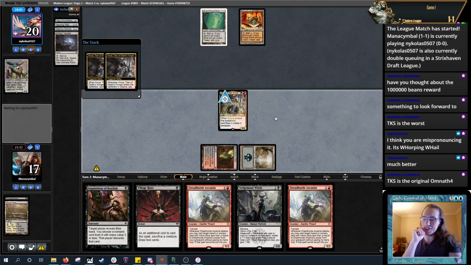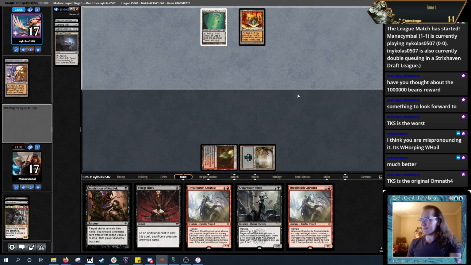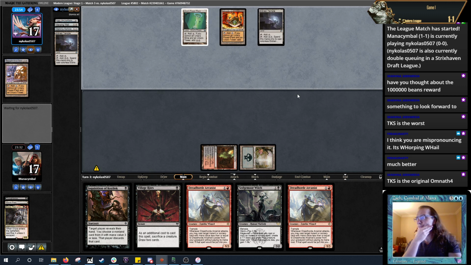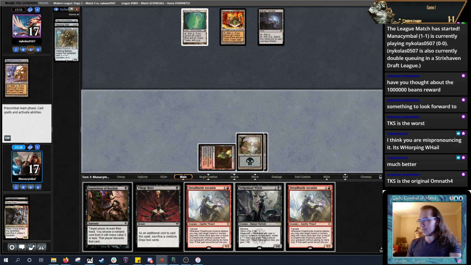TKS is the original Omnath 4. Don't at him. Don't do it. Discards Urza's Mind. So that was the one unknown. Good draw. Okay. Nothing. Good. Yeah, this is the downside of what I did because now I don't have...